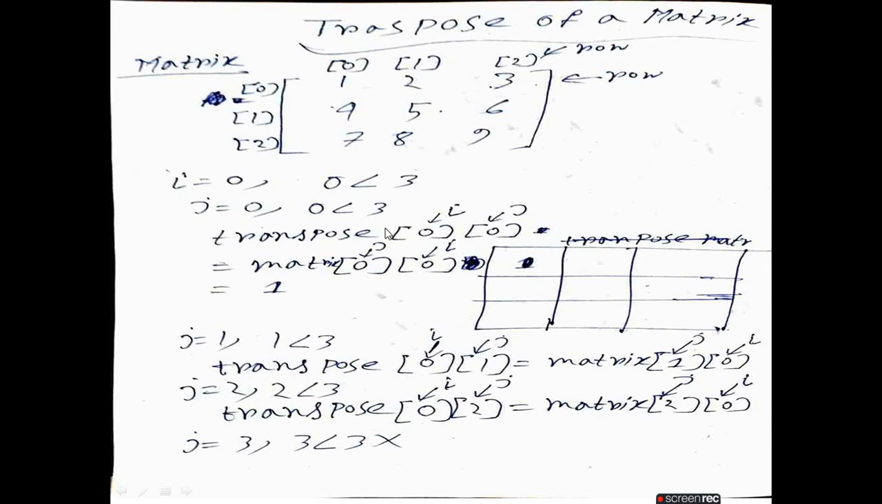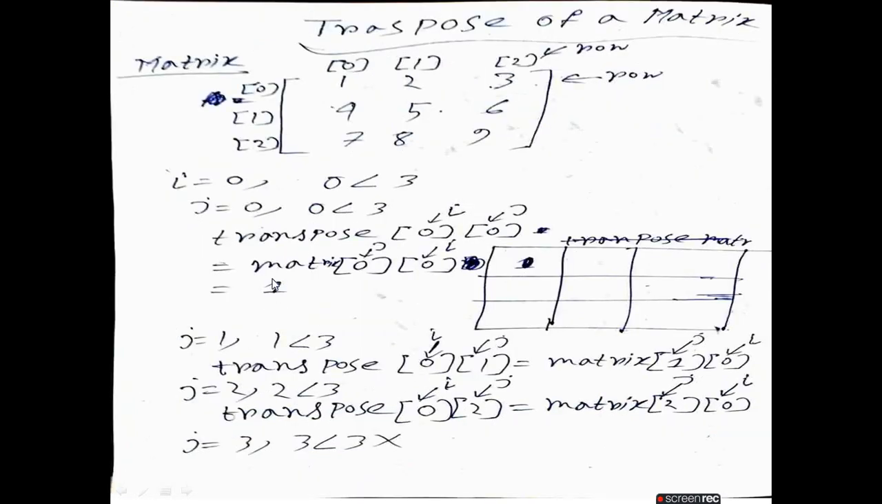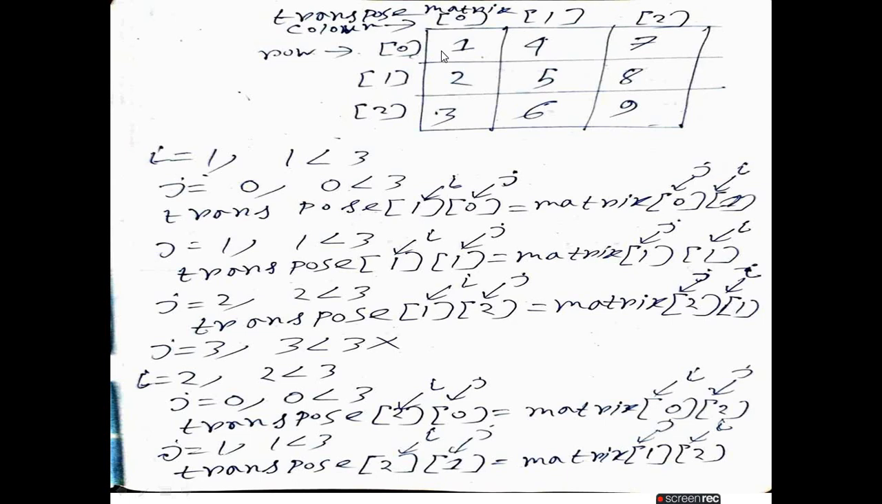What is the matrix 0 0 value? The 0 0 value is 1. So this 1 value is stored in transpose 0 0. This is how we took the input as 1. So this 1 is successfully inserted in transpose of 0 0, that is row 0 column 0. Now again,